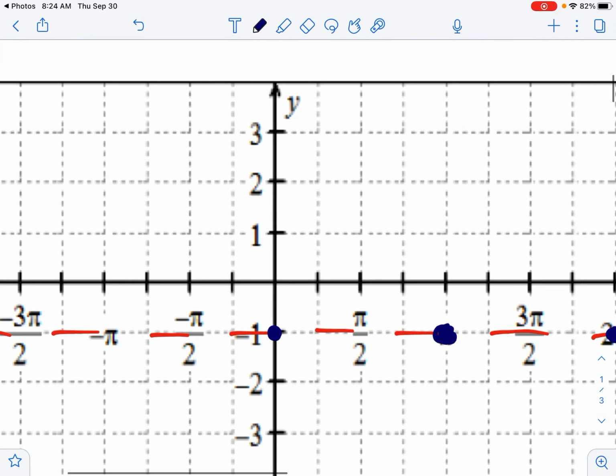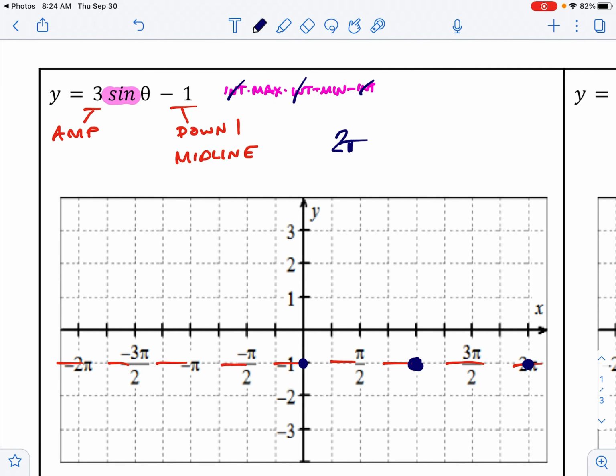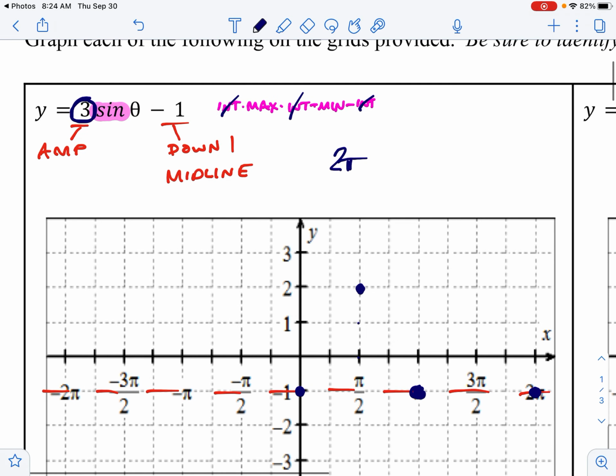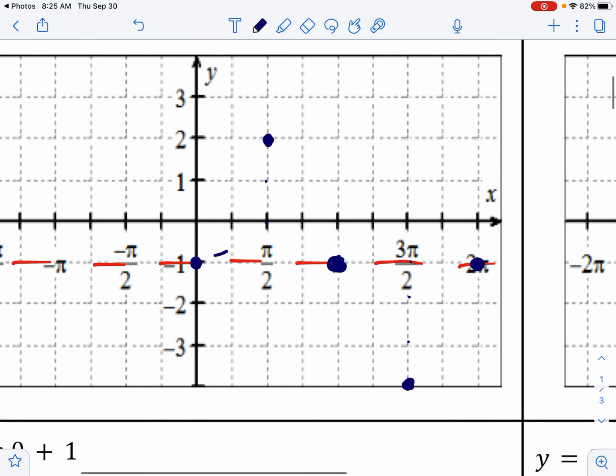Okay, and then halfway between the first 2 intercepts is the maximum. Now I've got to be careful here. The maximum for this one is 3 above the midline, since that's the amplitude change. 1, 2, 3. Okay. And then after that, I have the minimum, which would be 3 below the midline. 1, 2, 3. And that gives me 1 complete cycle